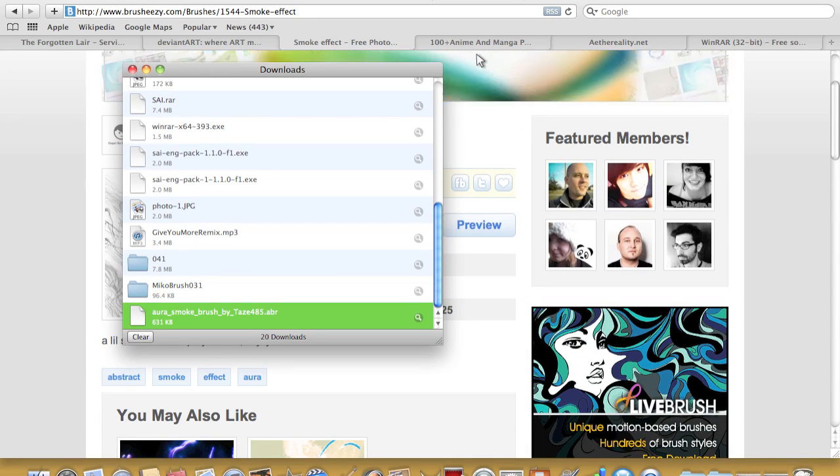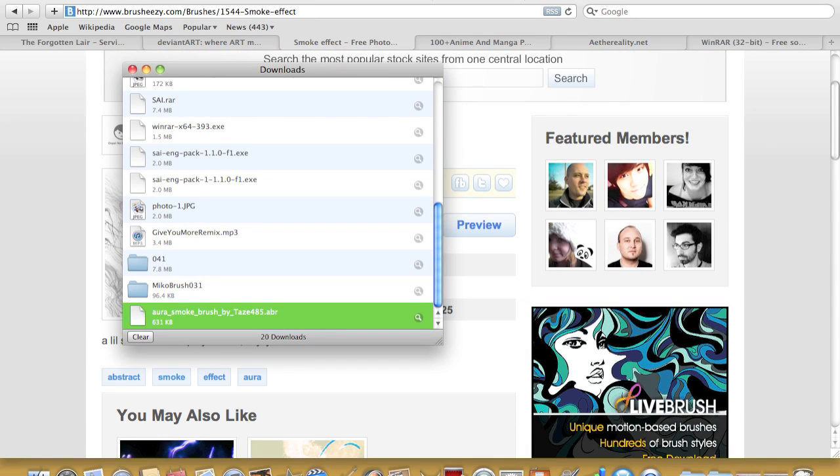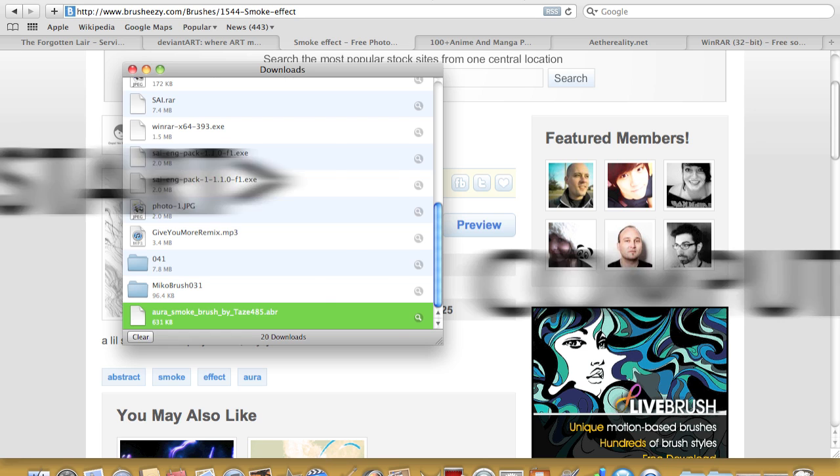Photoshop program and it'll open it for you. The second way is if you go to start